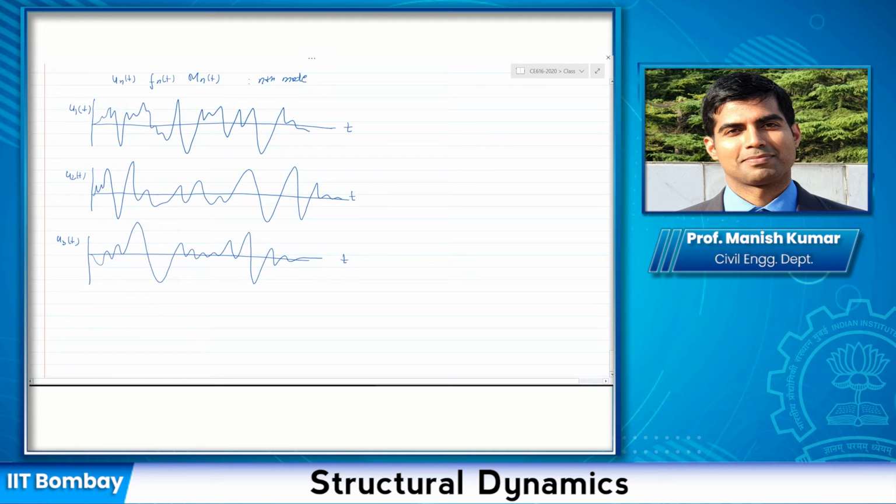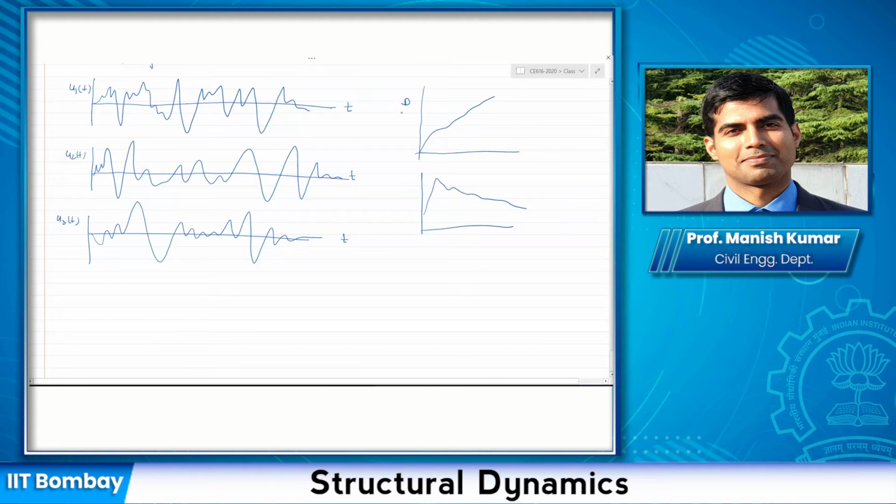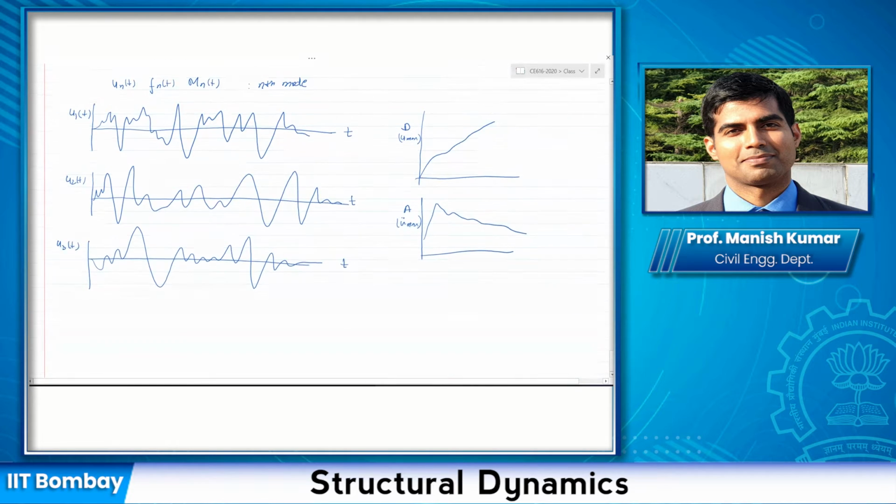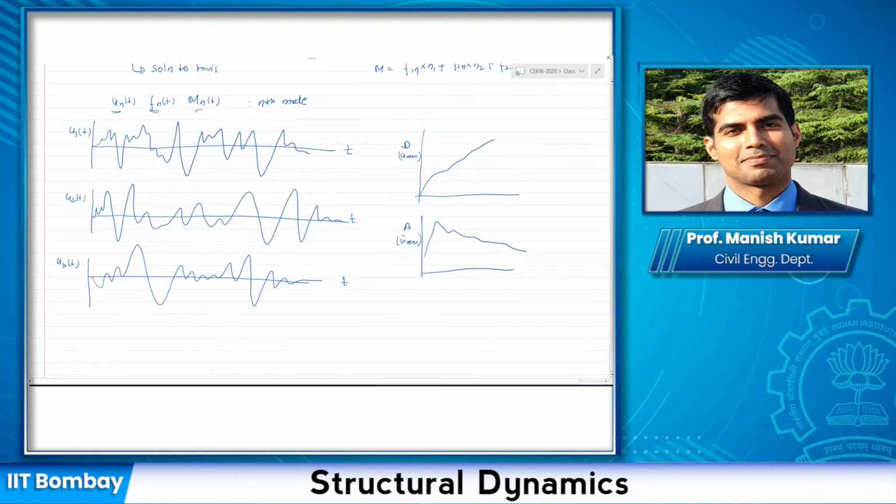Okay, now different degrees of freedom system. What is response spectra? Let us say this is my response spectra. If it's D, it looks something like this. If it's A, the acceleration, it looks something like this. So D is basically what? U max if the damping is very small. A means my Q double dot max. Now, for different modes, we can find out the peak response from the response spectra.